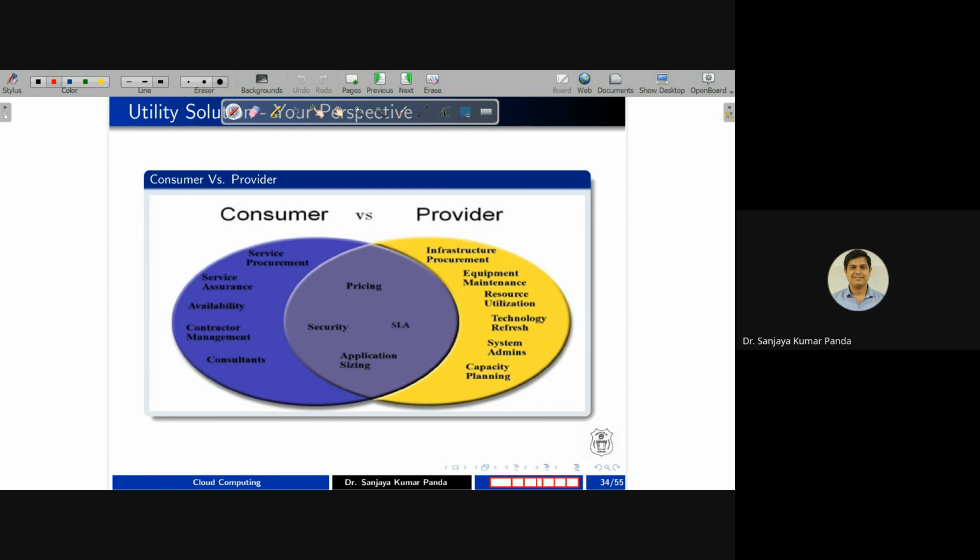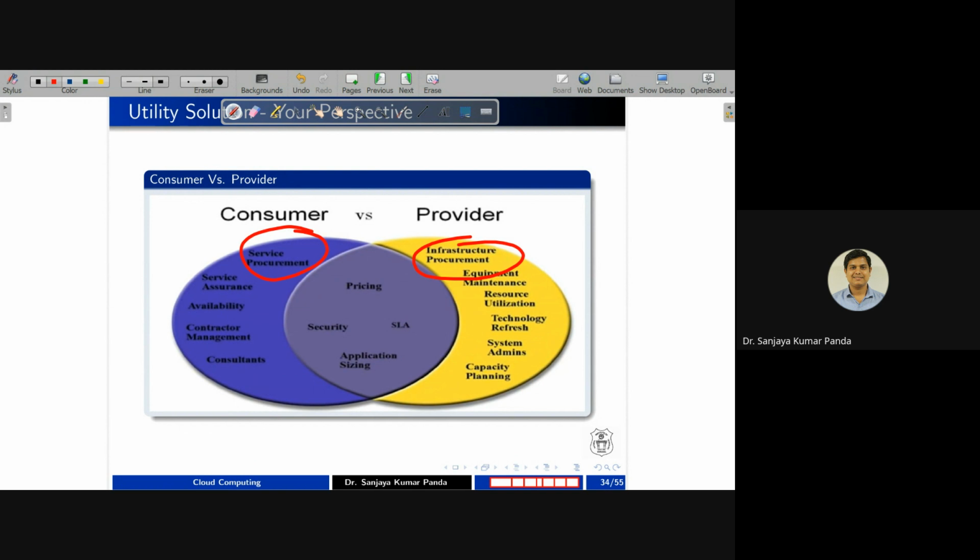So the customer is asking for service procurement, and the provider has the infrastructure. If you go for Amazon or Google, they have infrastructure, so they can provide it to the consumer. So on the consumer side, it is service procurement, which is given by the provider through its infrastructure.